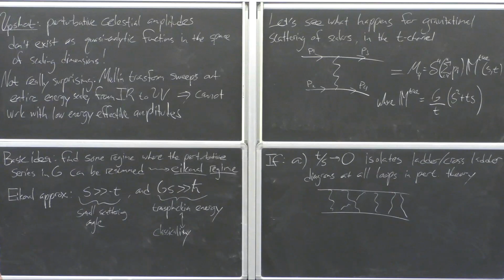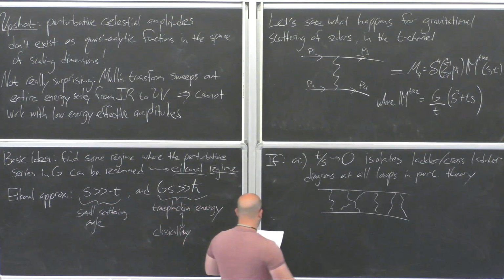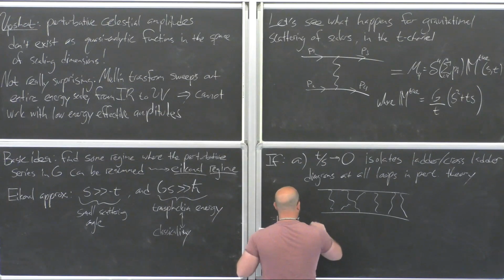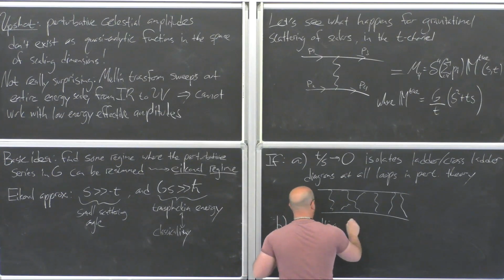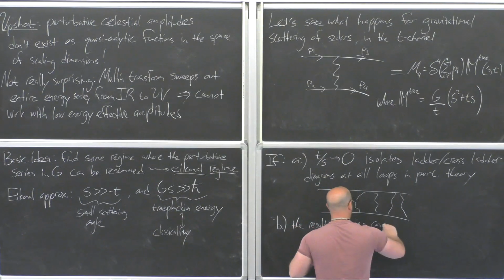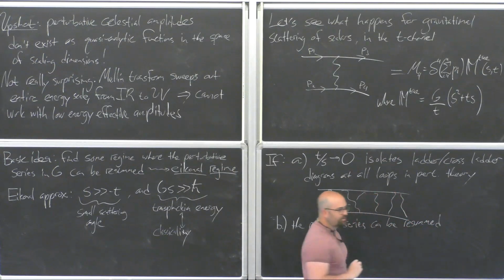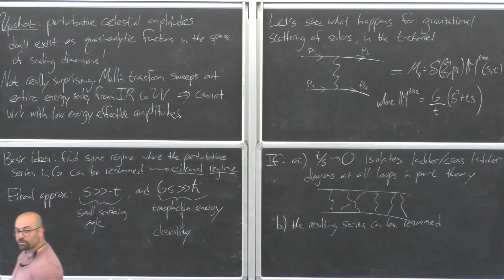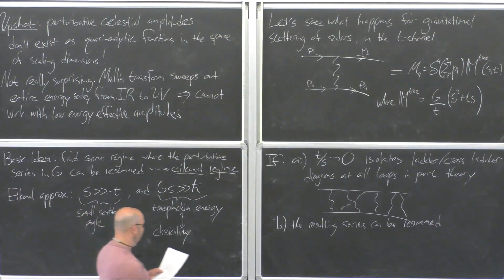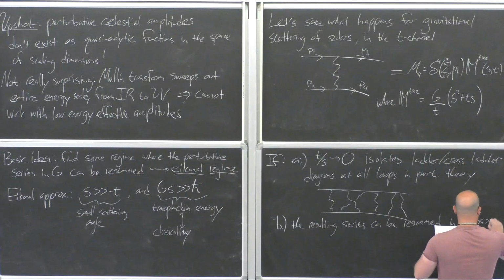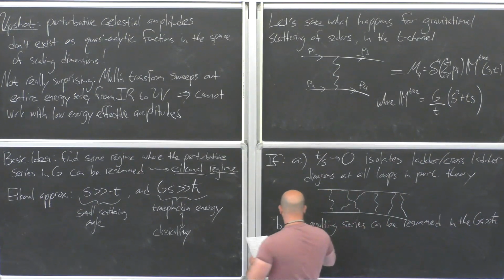Okay. So if that is true, and the series can be resummed in a way that I'm going to be kind of deliberately vague about. It can't be resummed in momentum space, but rather if you Fourier transform it to what's called impact parameter space, then, so this is in the classical limit,